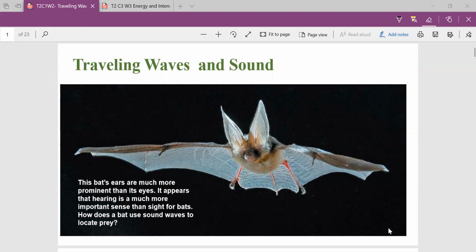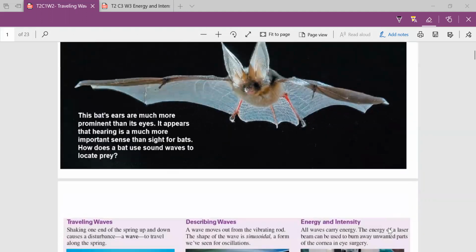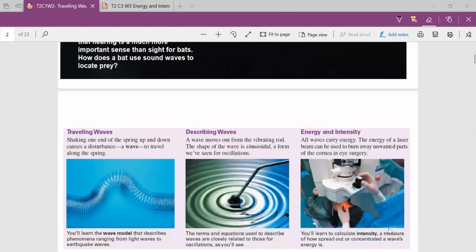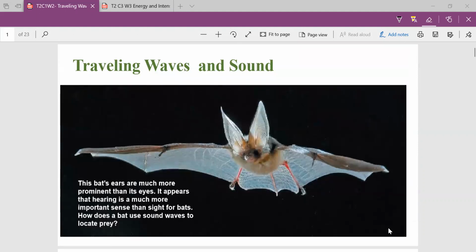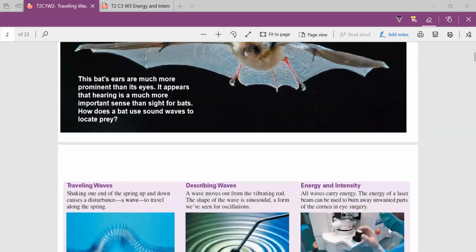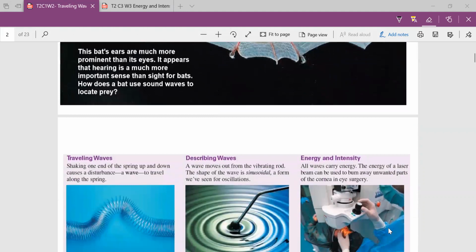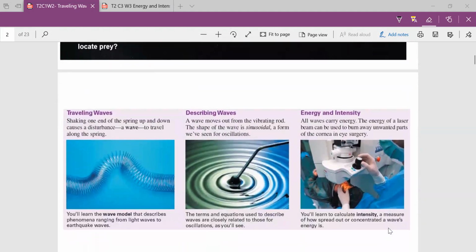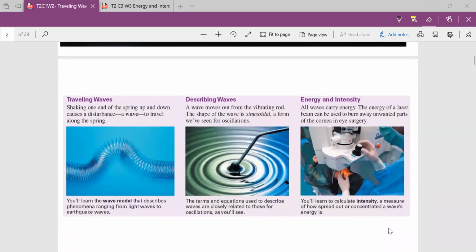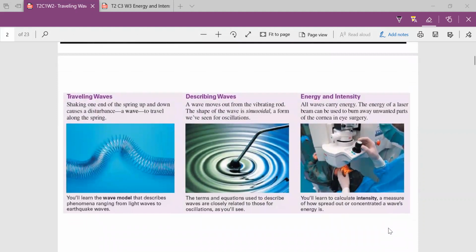Okay. So the bat is one of the animals that we know that makes use of sound waves to locate prey and also to navigate in the air. We'll be looking at that and the application of sound waves and other forms of wave in this topic. Okay, so as usual, we'll be having three major blocks of discussion, one of which is the traveling wave,